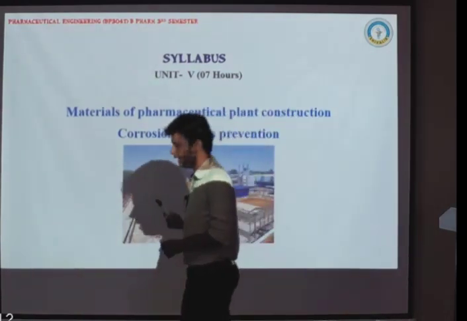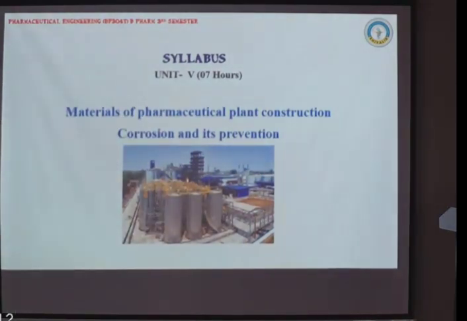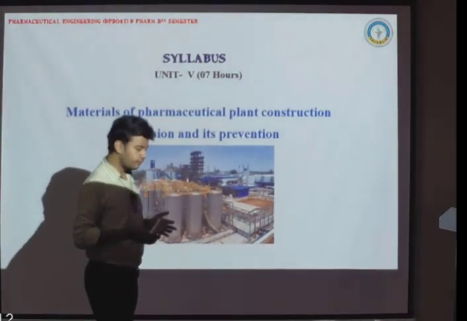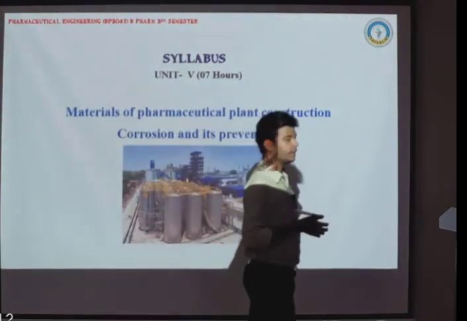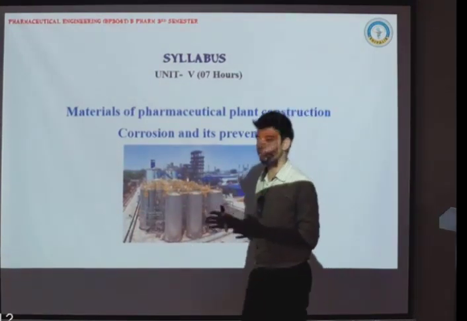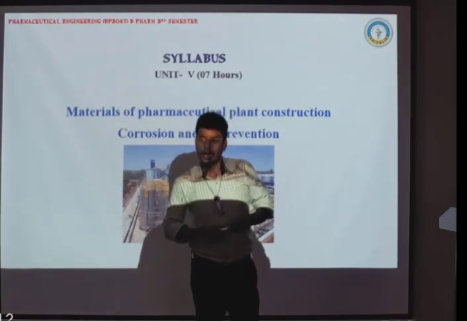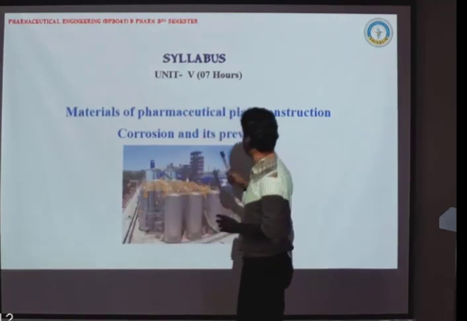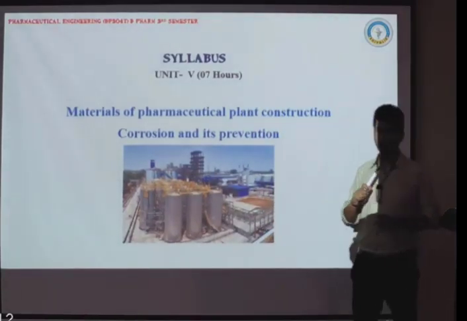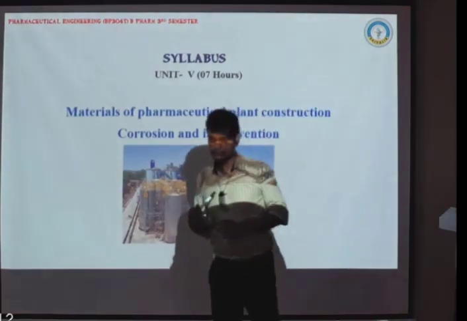If we are preventing corrosion, we will be increasing the functionality of our machinery and it will last longer. It means we will have machinery that can produce material for a longer duration if we prevent corrosion, manage it, and service our machine accordingly with time. So these are the 5 units that we will be discussing in our pharmaceutical engineering subject in the B